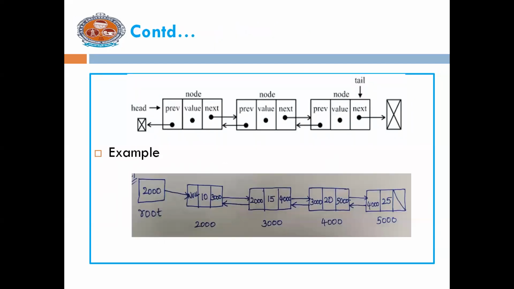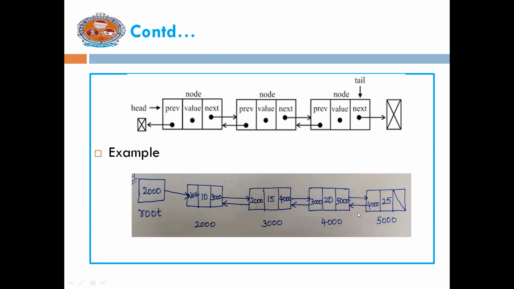Next, the first picture gives you the representation of a doubly linked list. Here, each node will be containing three parts. The first part will be holding the address of the previous node. The value represents the actual data to be stored. The next pointer will be holding the address of the next node. Have a look at this example. Here,